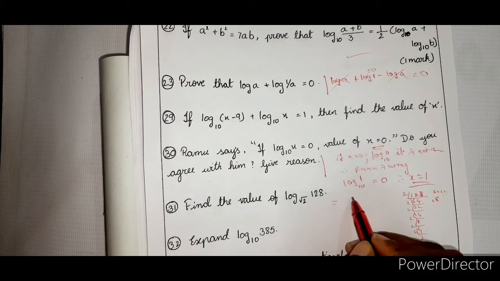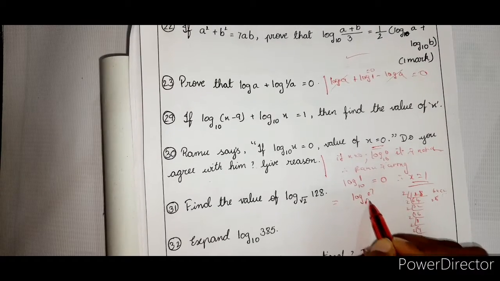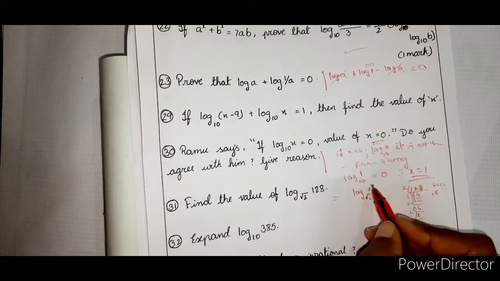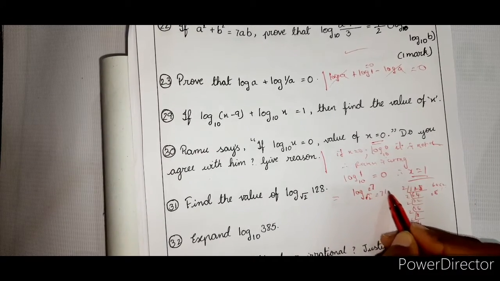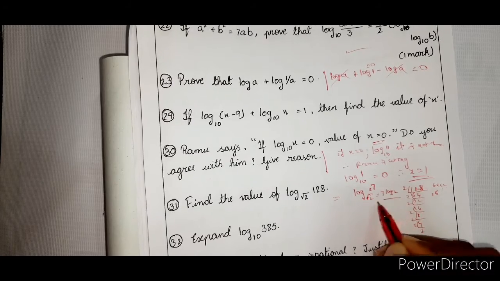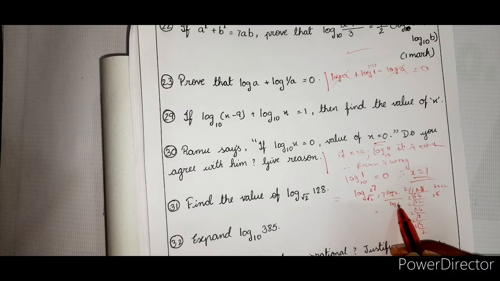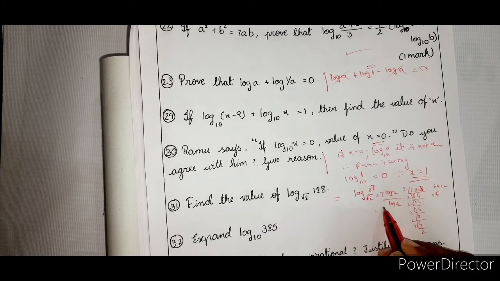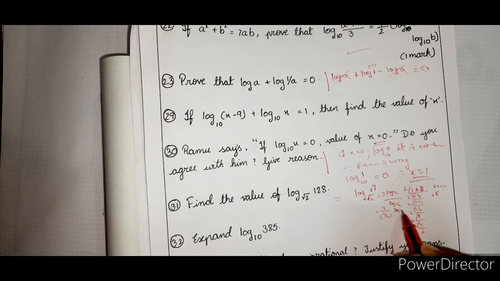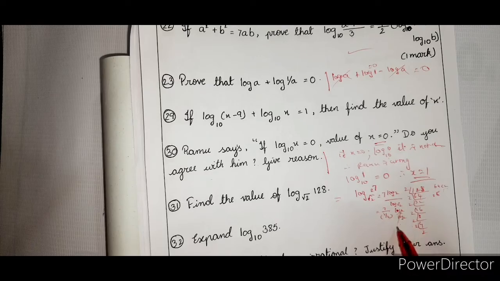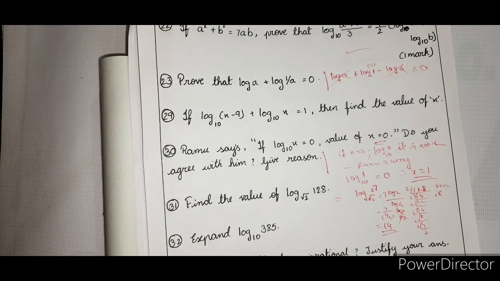So this is equal to log of 2 power 7, with root 2 as the base. Now, what will you write? 7 log 2 by log root 2. Log a by log b. What is root 2? 2 power 1 by 2. So it is 7 by 1 by 2, log 2 by log 2, that is 1. So that is equal to 14. 7 by 1 by 2 is 14.